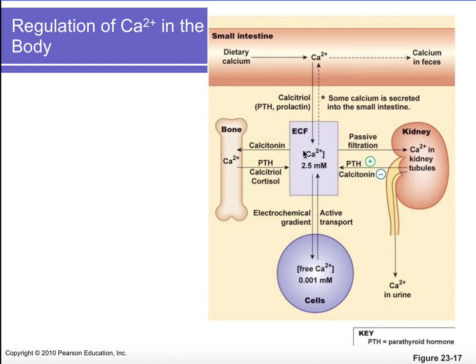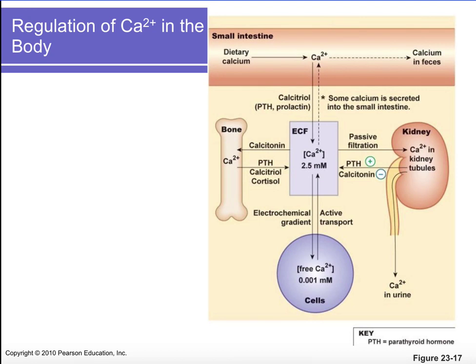And then finally, we are going to filter blood, including calcium, into our kidneys, into the nephron of our kidneys. So what do we want to do with that calcium that we filtered? We actually want to reabsorb it all back. Because our blood calcium is already low, we don't want to lose any in our urine. And so these are the three things that we would do in these three areas when blood calcium is low. And so when blood calcium is low, we will release hormones to do just that.